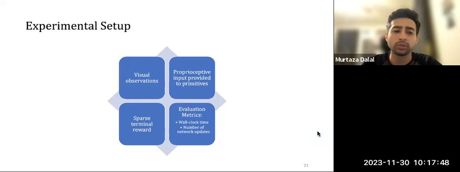So instead, we opt to pick two metrics: wall clock time, which is a good measure of how quickly an agent will solve the task, and number of network updates, which is a good measure of the scaling properties, like how many gradient steps we actually need to solve the task. Between these two, we'll get a rough estimate of how these different action spaces compare when training reinforcement learning agents.